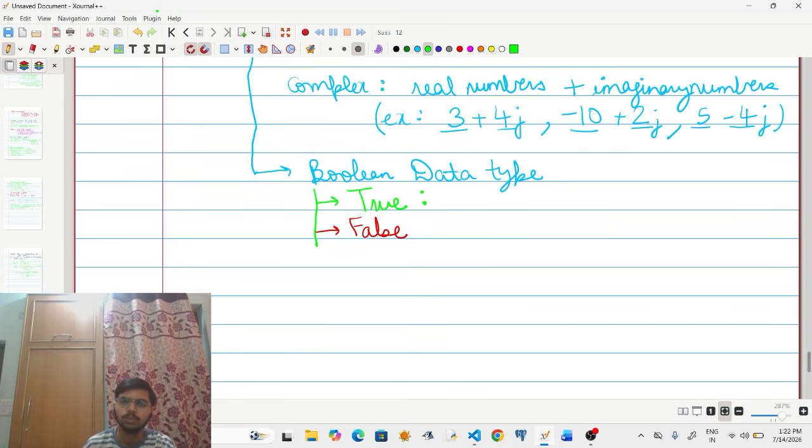True is used if a condition is true, or you can say correct or valid. And false is used if the particular fact or condition is wrong.